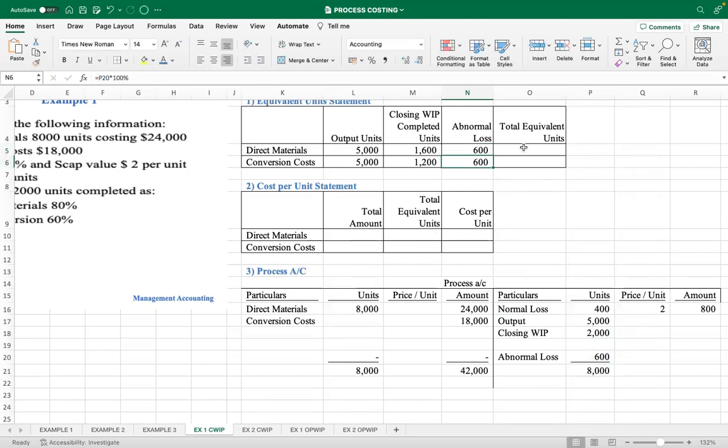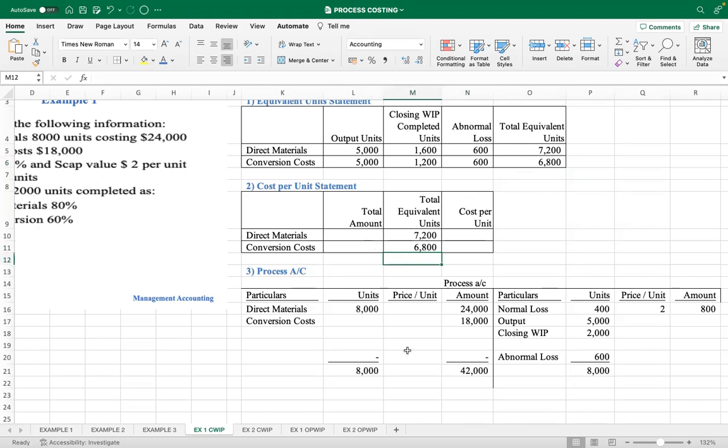Okay, we have that. Now, what is total equivalent units? Total equivalent units is 5,000 plus 1,600 plus 600. It gives you 7,200. And I repeat the same for conversion: 5,000 plus 1,200 plus that. The same total equivalent units is what you bring here. So what is our total equivalent units? 7,200. And this one is